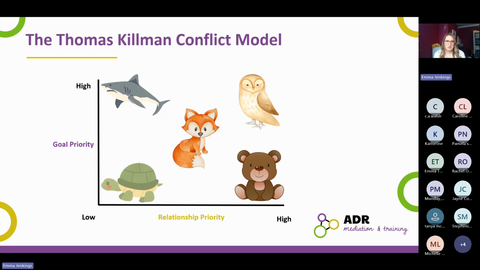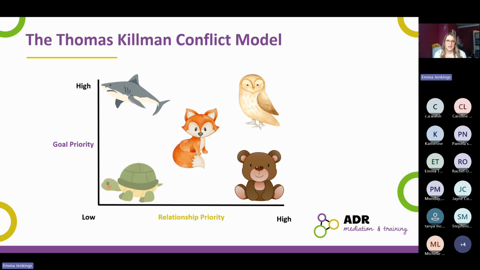And then in the bottom right, where the relationship is the highest priority and the goal is at the lowest priority, we've got the accommodating teddy bear, where it's actually more of a lose-win, where they are losing out. And then the avoidant turtle, which is a bit of a lose-lose really on both the goal priority and the relationship priority. And the compromising fox in the middle is thinking about the middle ground, and the collaborative owl right